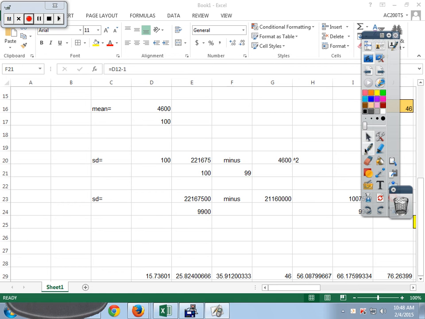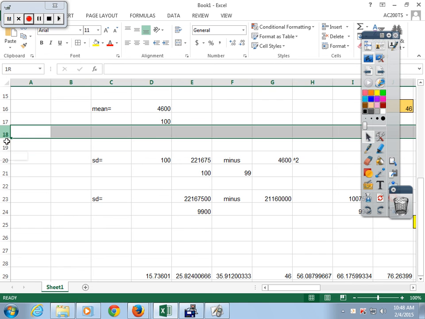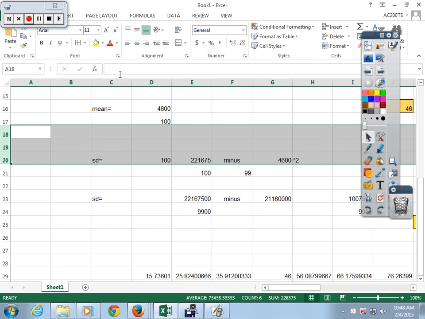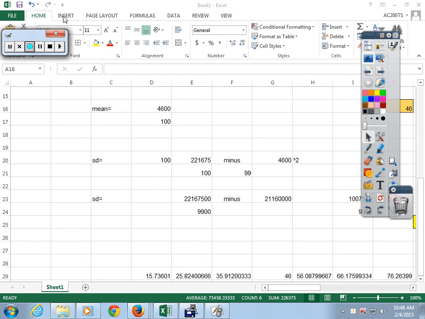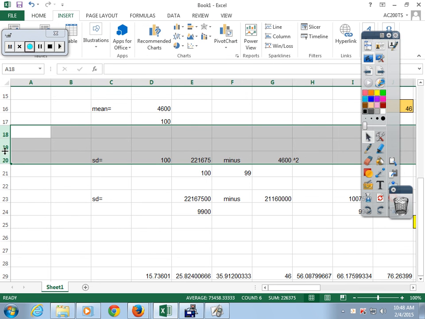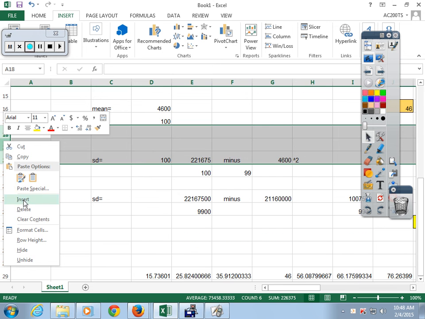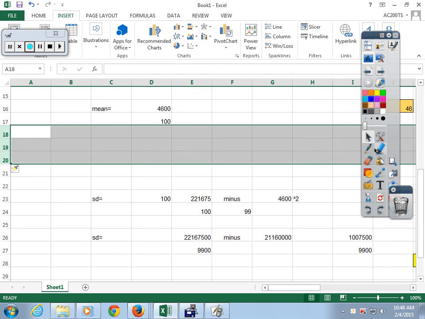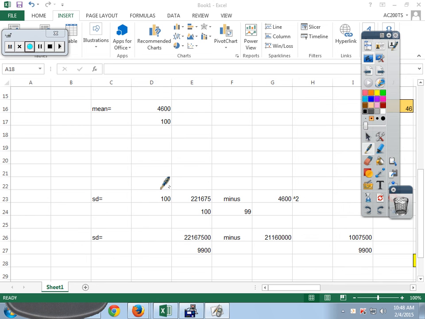Hold on, I'll write it up here. Let me pull this down. I'll do it for you if you want me to. Alright. Since I can't write with my pen, I have to do it with the mouse. Standard deviation is equal to the square root